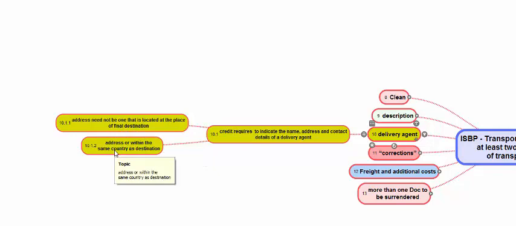When the shipment is going to Barcelona in Spain, the delivery agent can be in Barcelona, outside Barcelona in Spain, or outside Spain.